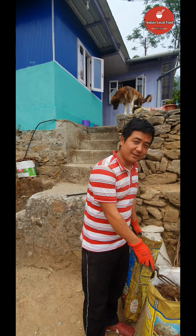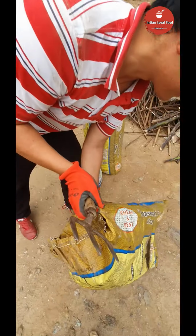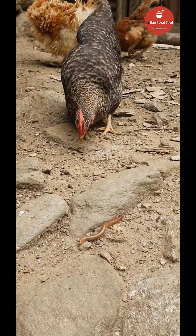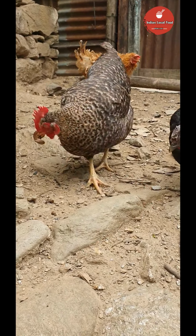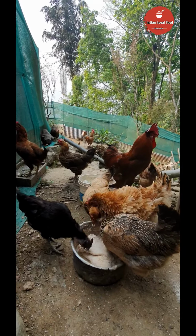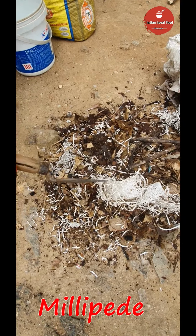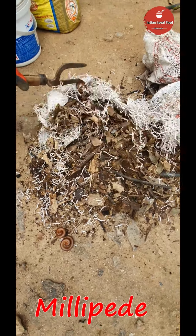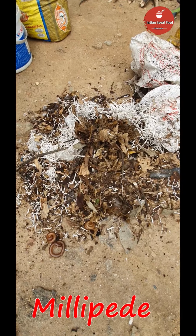I went to find this organic manure, but look what I really found. Oh. This one we call Orimate, but I don't know what you say it. So see, this one is an organic treat for our chicken. We have a few chickens in our backyard, so